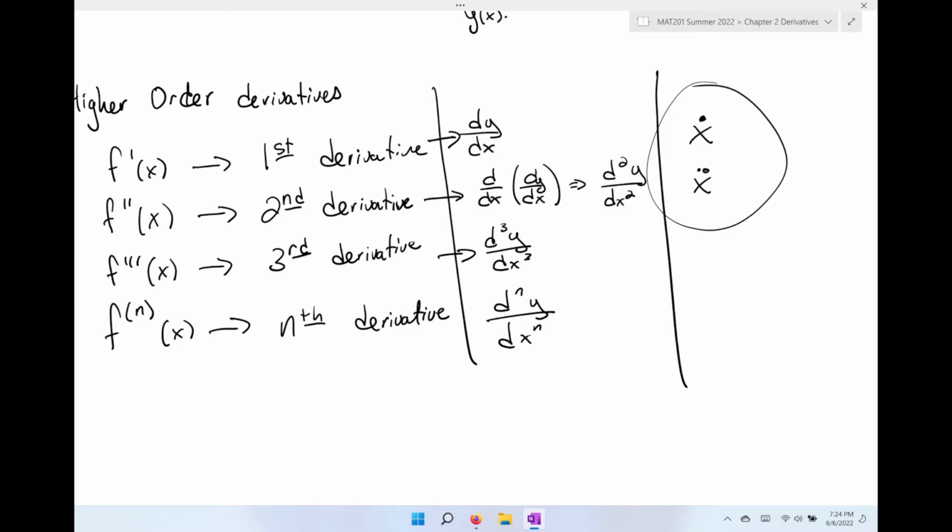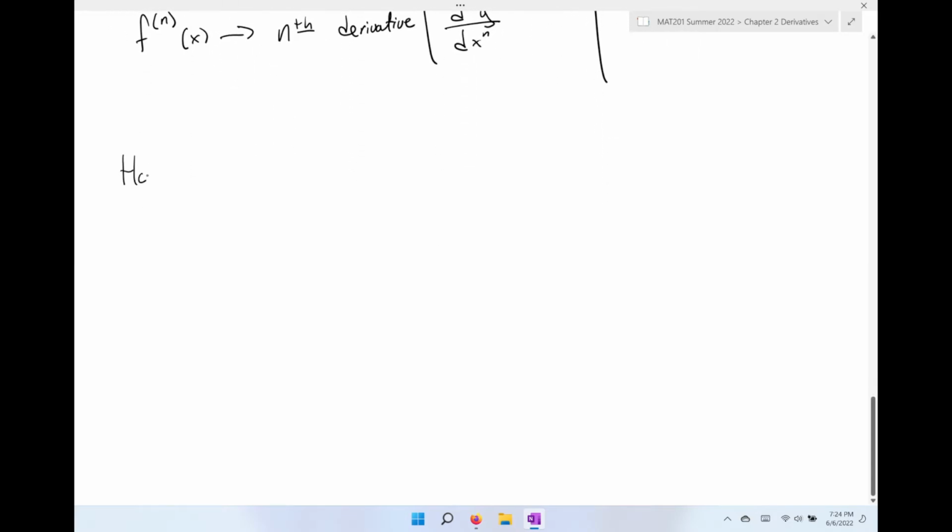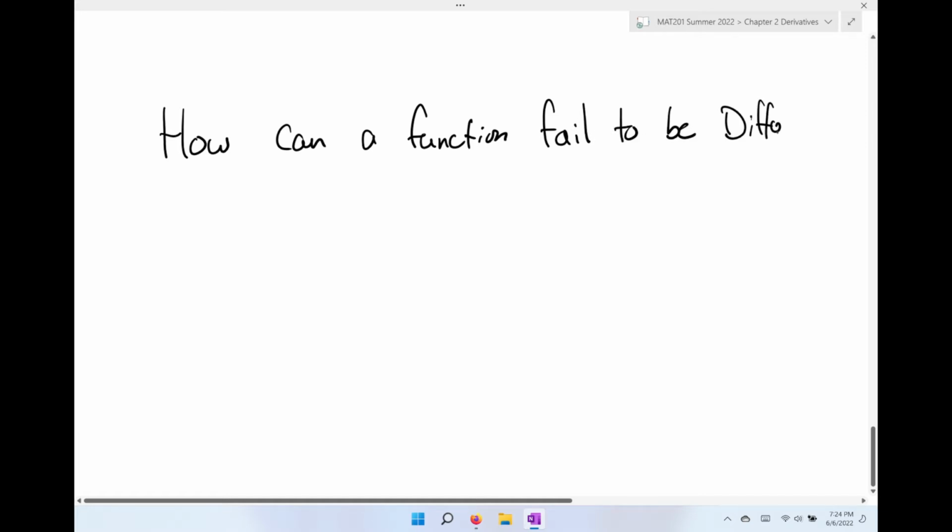All right. So the last thing I want to talk about is how can a function fail to be differentiable? In other words, where on a graph, if you're looking at it,